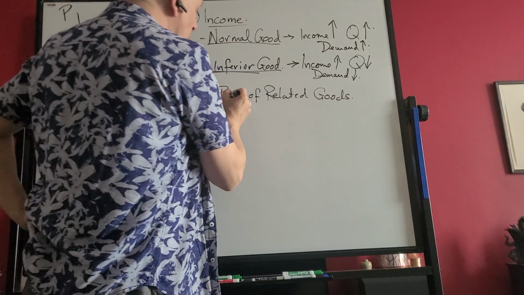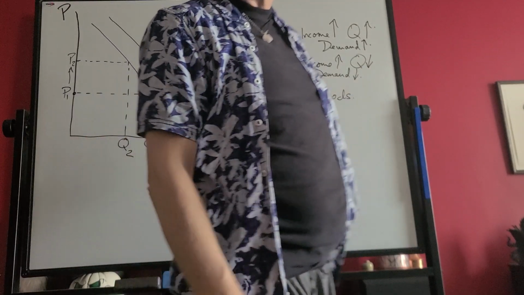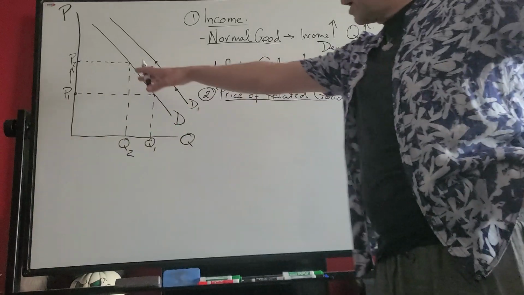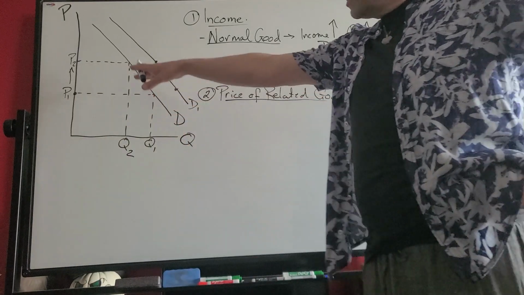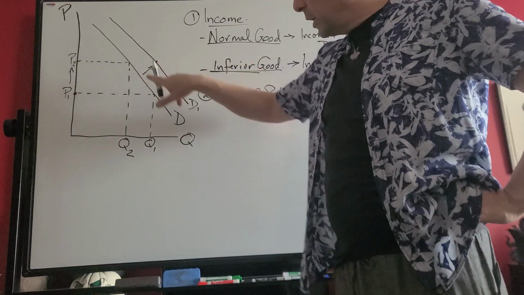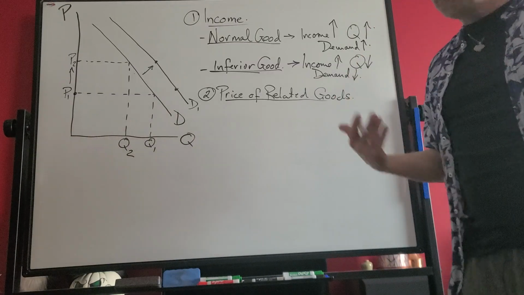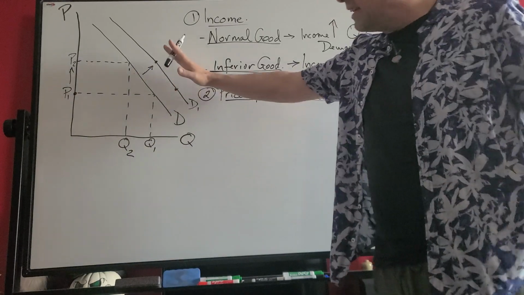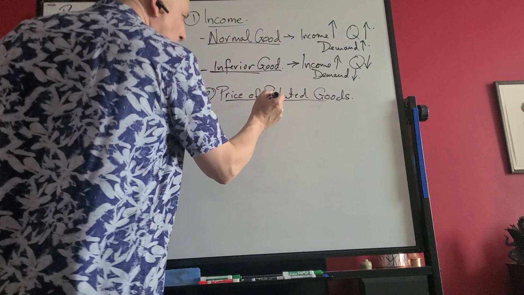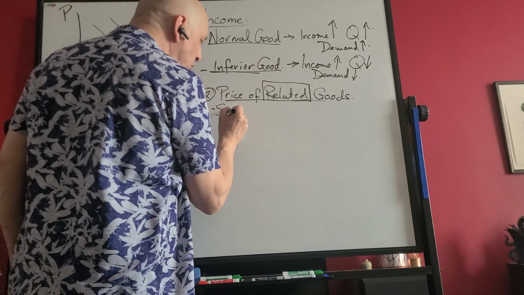And this goes into the thing we were talking about earlier, which was the substitution effect. So we have the ability as consumers to decide, okay, if this is coffee and the price has gone up, we can demand less. We can move along our demand curve, but to compensate for that, we might buy more tea, which means that the tea market demand curve would go up. So when we talk about related goods, we could be talking about substitutes,